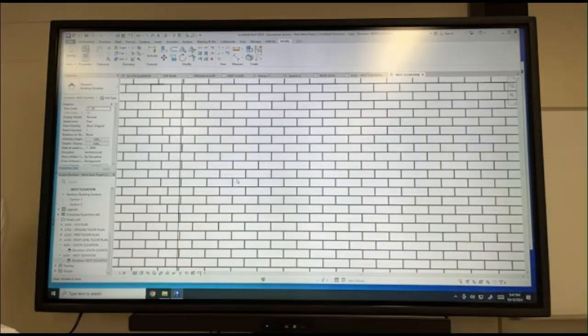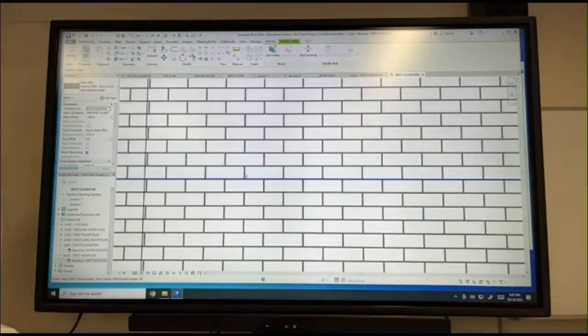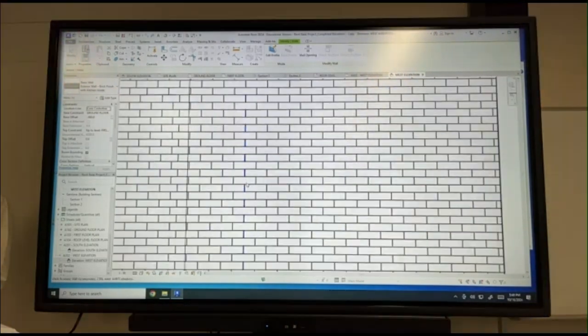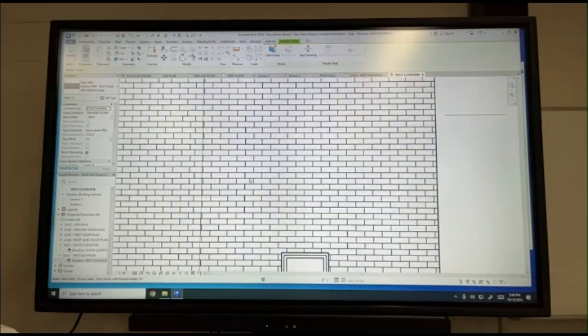Do it lengthwise and widthwise. This is the horizontal ones, and these are the vertical ones. Yes. One of the elevations